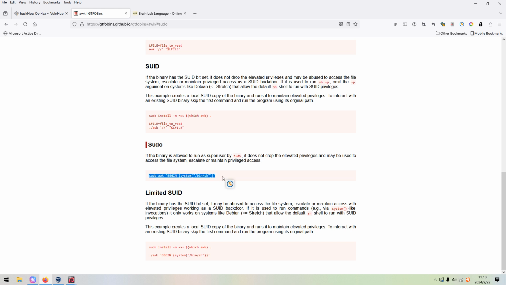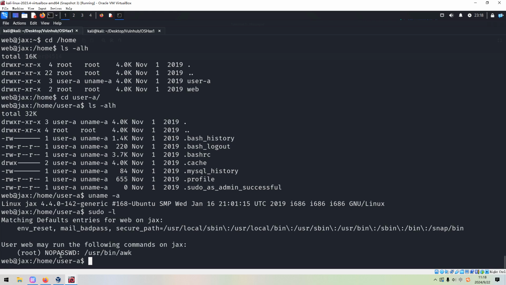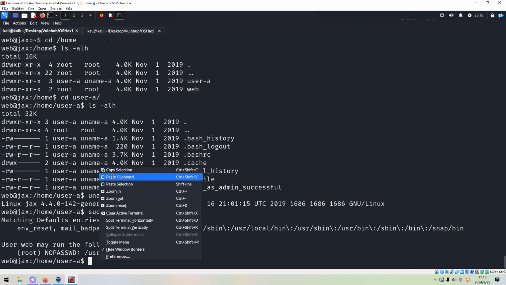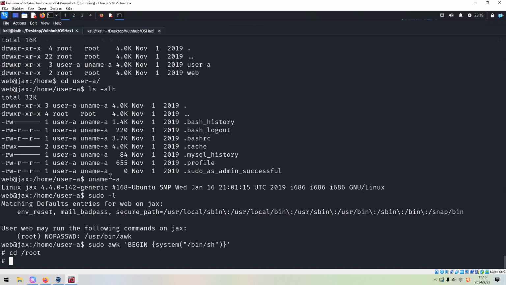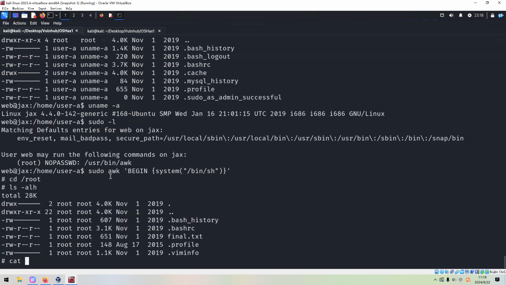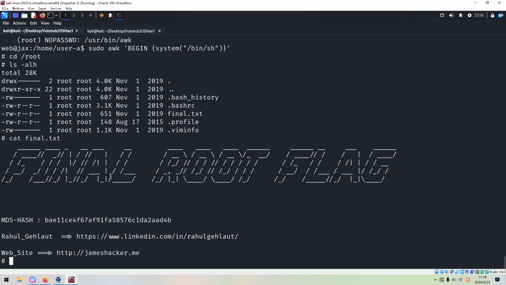We simply copy this command entirely, and then paste it over here. As you can see, we have already successfully escalated the privilege. Then we can navigate to the root directory, and get the final flag. So that's pretty much it.